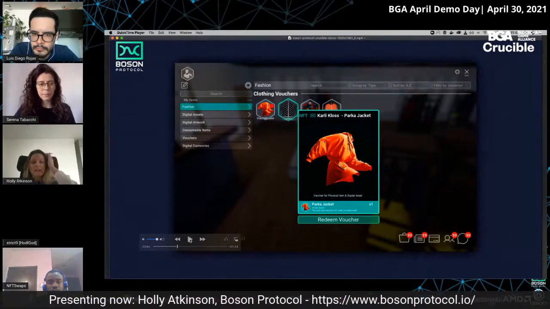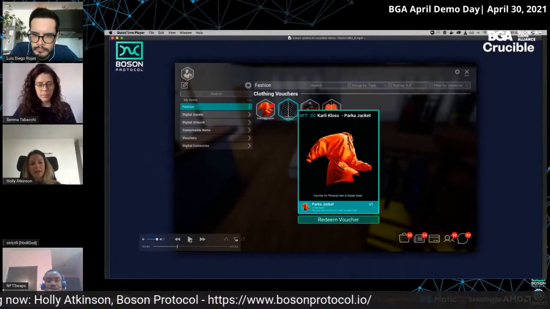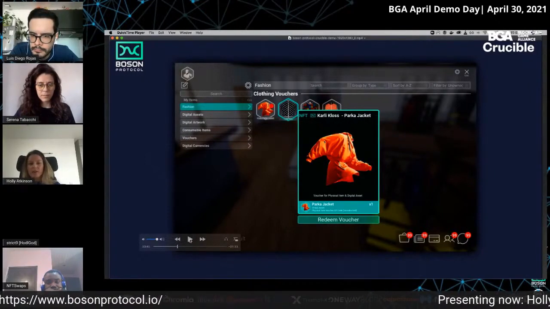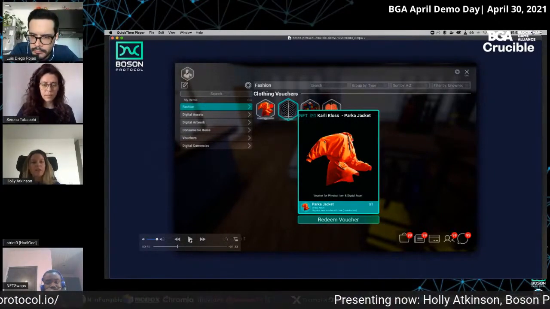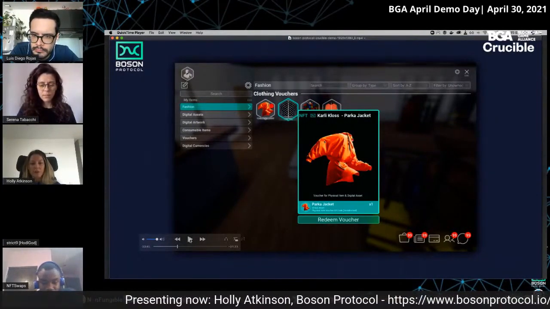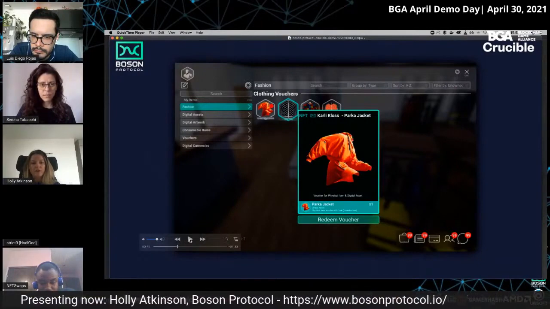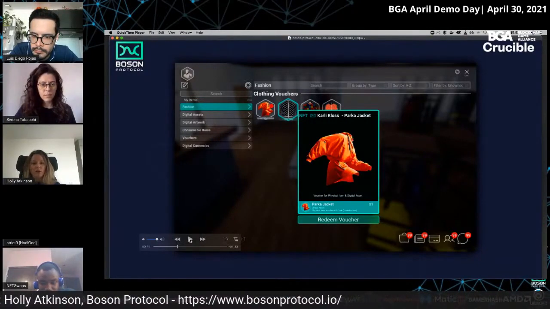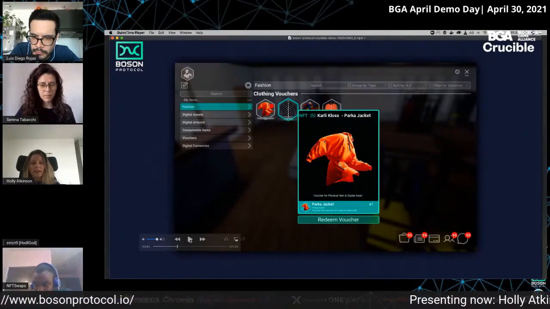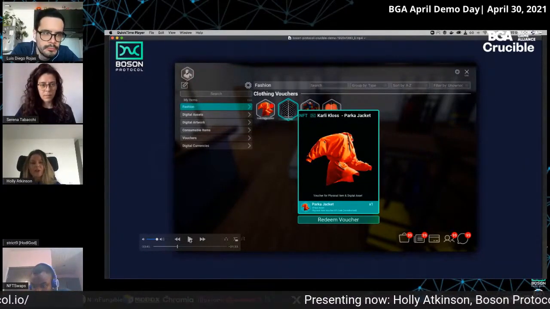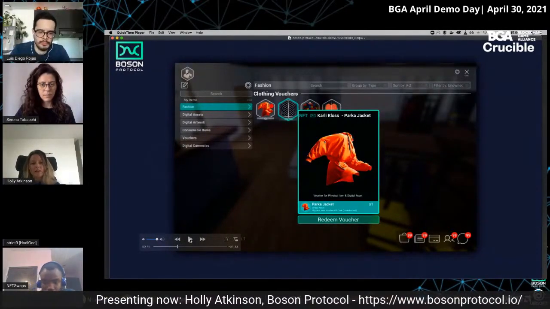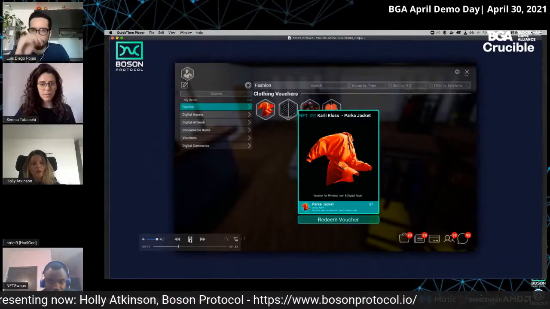So as the integration is built out, the player will also be able to see the 3D models of the items on their avatar. And if they select their actual inventory item, they can see further details of their purchase and how they can redeem the physical version. So they would need to go to a store to do that. This first version is based on a click and collect model. So the player can use the pickup location details to go to the store to collect the item that they purchased.